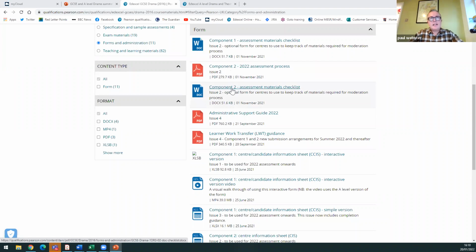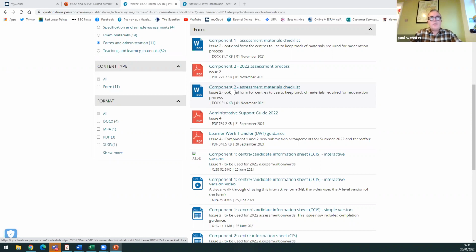This is an assessment materials checklist. This is something new that we've introduced this year, just so that everybody knows exactly what they have to do, depending on which situation you're in. So if you want to have a visiting examiner this year, then you have to send some work to them prior to their visit, so 10 working days before they visit. You need to send them the student intention forms, you need to send them the extracts of the scripts, and also a cover sheet for the students.